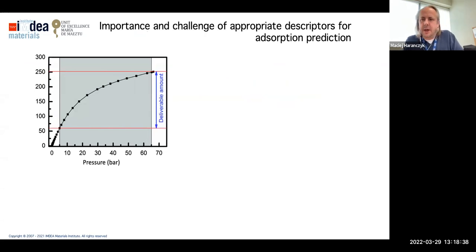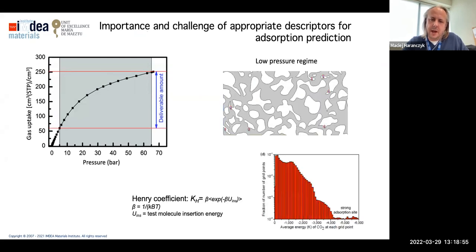So we're talking about adsorption applications. The main property we are interested in is the adsorption isotherm. And here is an example adsorption isotherm that basically tells how much of the gas can be adsorbed at various pressures. If we think about adsorption at low pressure, it is basically the Henry regime. So we'll be talking about basically the slope of an isotherm at infinite dilution.